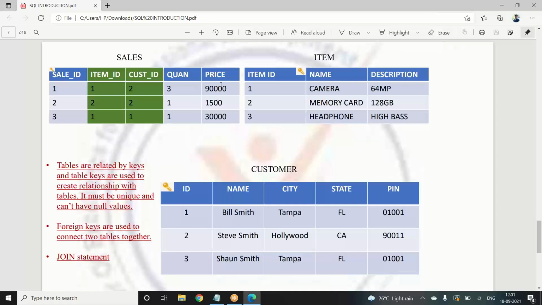Okay. And one more terminology we have to remember is, so we know that these are the primary key tables. So these are the primary keys. And now when we connect these primary keys into a different table, then this item ID and customer ID, these are not actually from this table. We haven't created them, as with the quantity and price. So these are coming from other tables. So these are called foreign keys for the sales table.